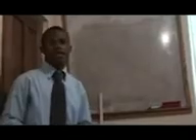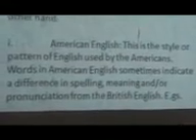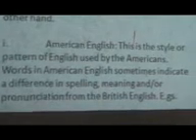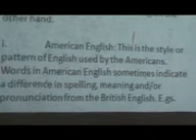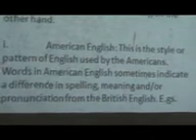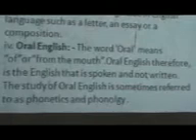Subsection I. American English. Examples are: